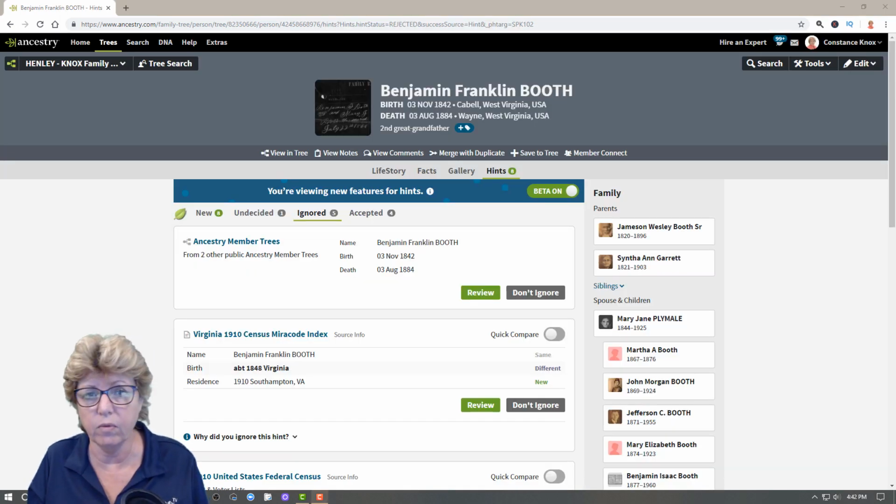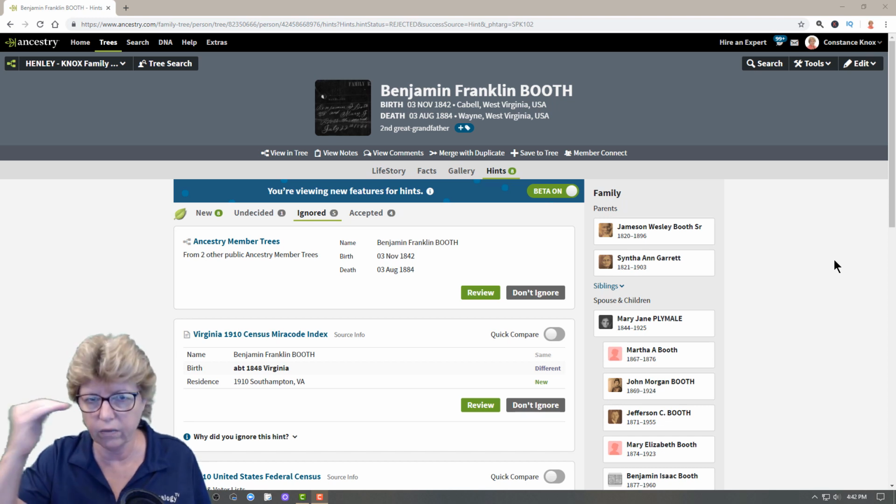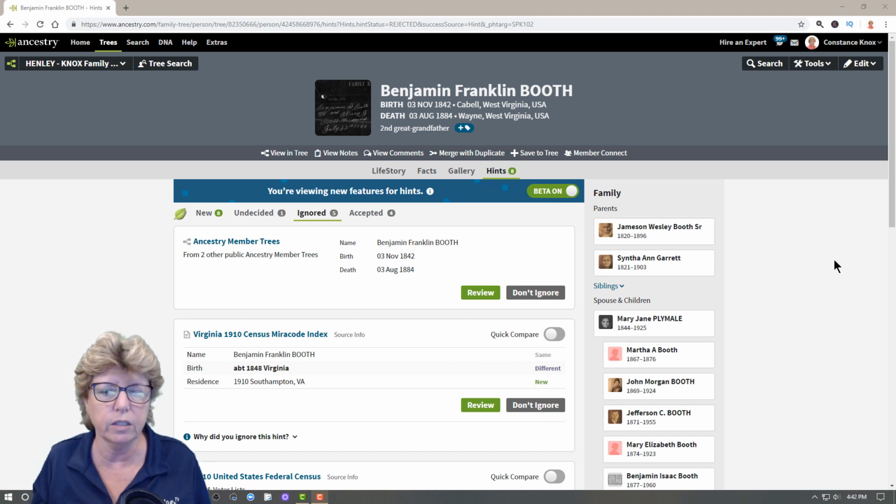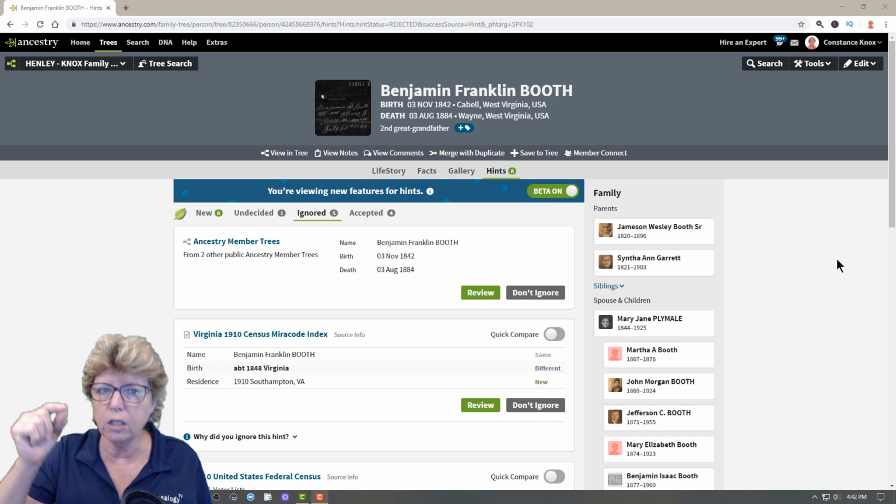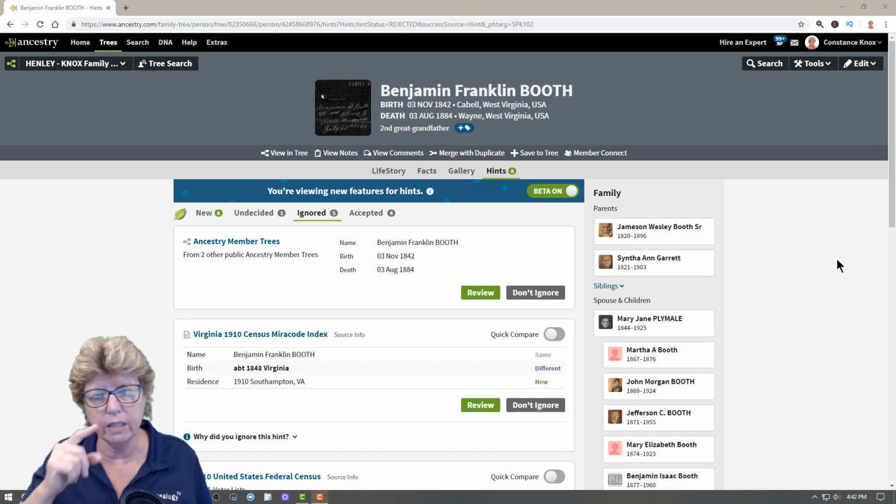So I hope that was helpful because personally, it's a really convenient feature to be able to merge that stuff in. And if you look very carefully through all the little details as you go, then that's fine. You can do that. But boy, I really like to look at the source information first. I want to see, okay, where did these people come up with this information? How do they know that each link along the way is correct? And that's what professional researchers do, is they're making sure they're